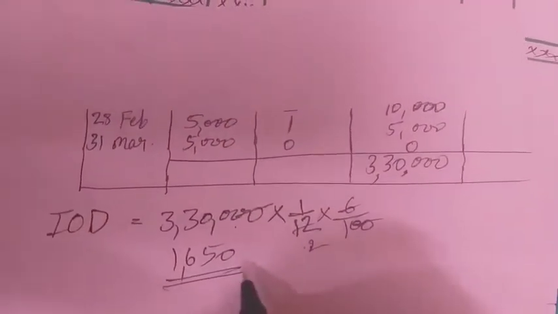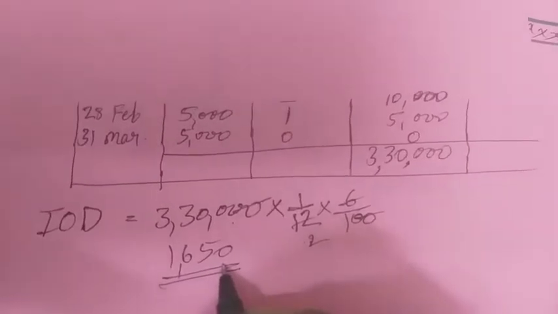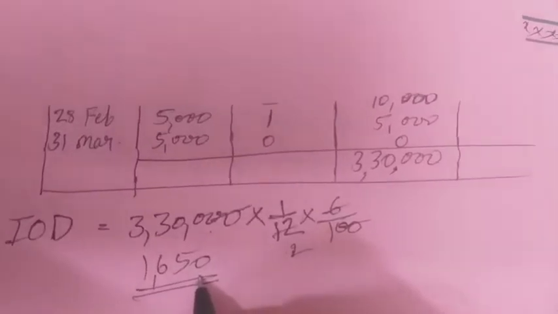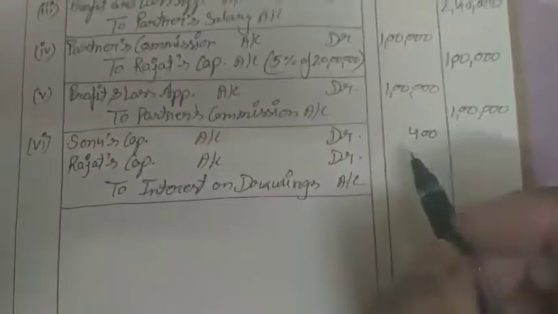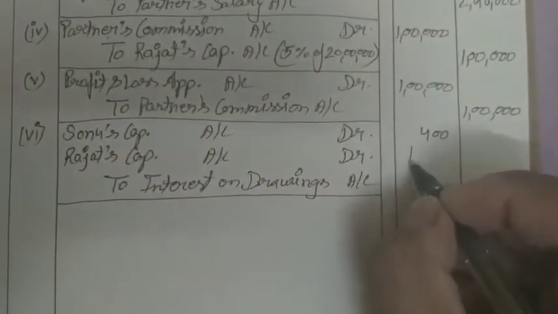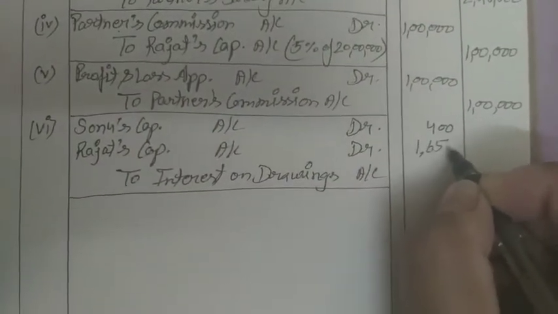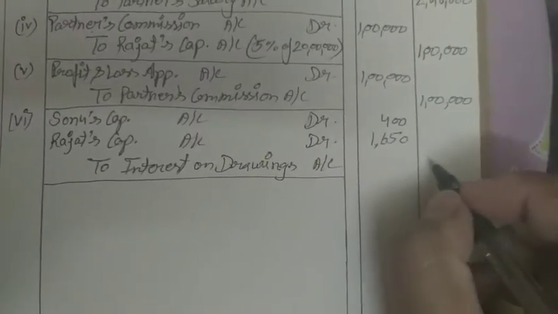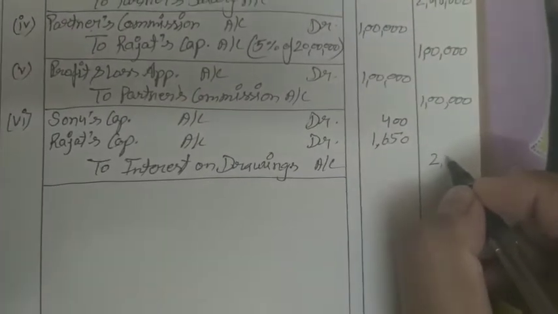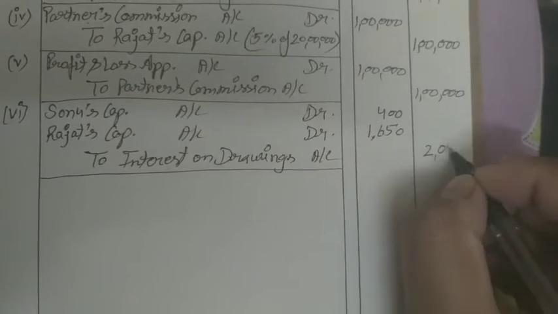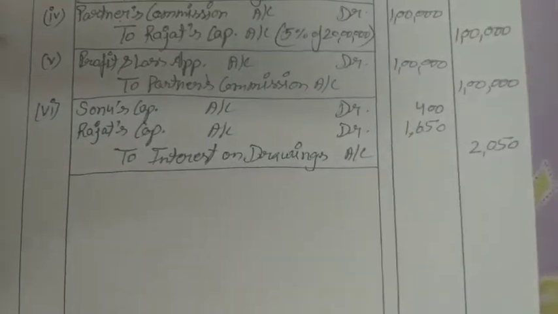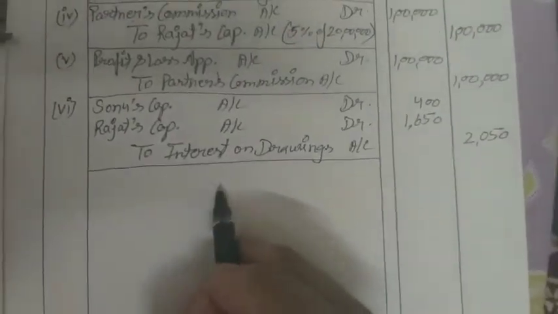Okay, so now this amount we have to pass in the journal entry. We have to record this one in the journal entry. So the amount of interest on drawing for Rajat is 1,650, and the total amount is 2,050 rupees. Okay, this IOD is now transferred to